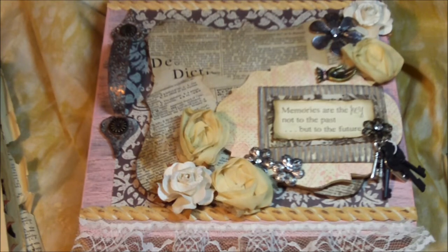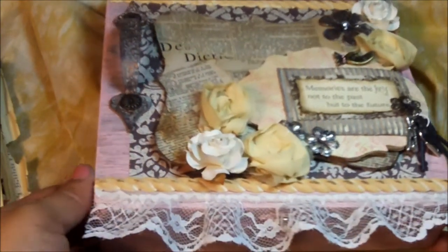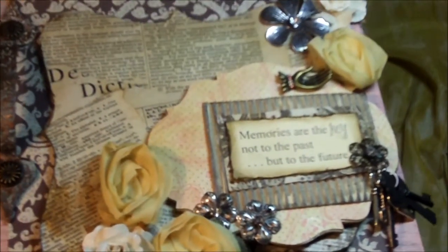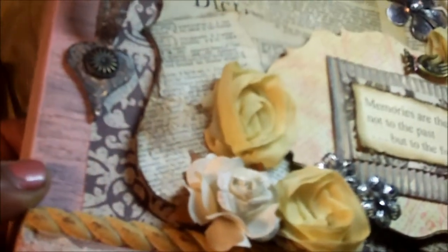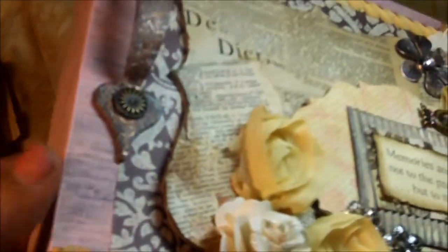So rather than me blab on and on, I'm going to talk about my box. Again, of course, you guys know that these boxes come pretty plain. I think I picked this one up from either Hobby Lobby or Michael's. I'm not really sure, but I bought 2 of them. They were dirt cheap. So essentially what I did with the box, guys, I painted the base in a chocolate brown color, and then I used this wonderful medium called crackle medium,